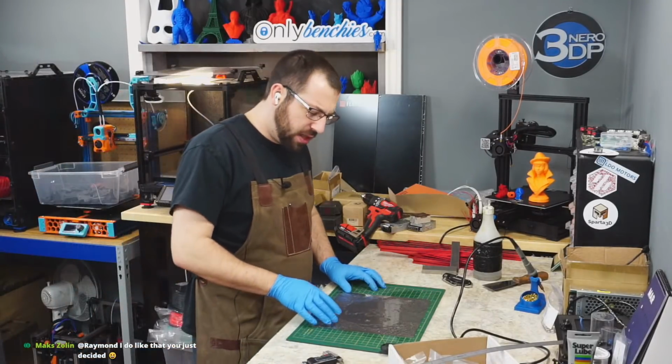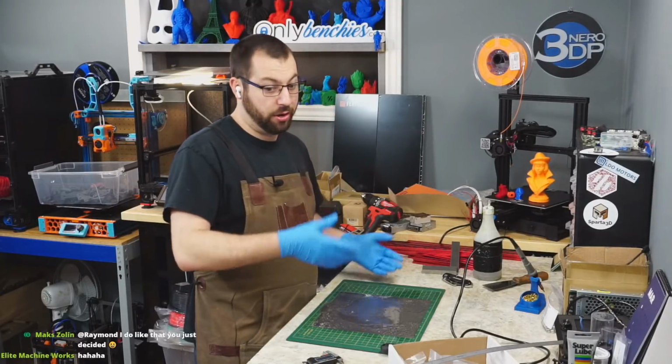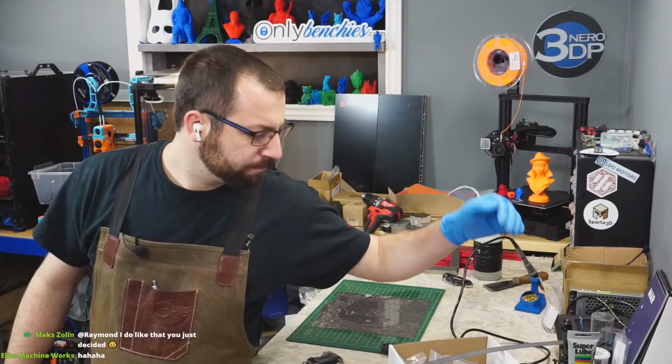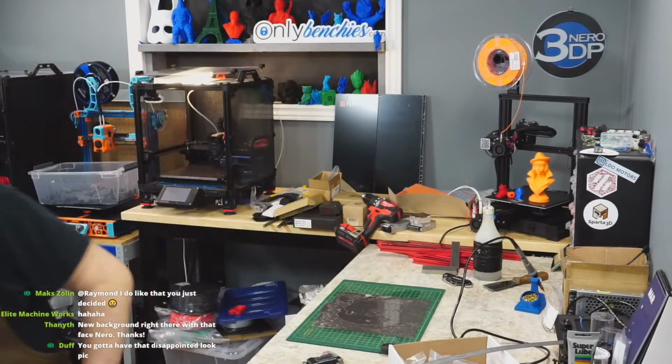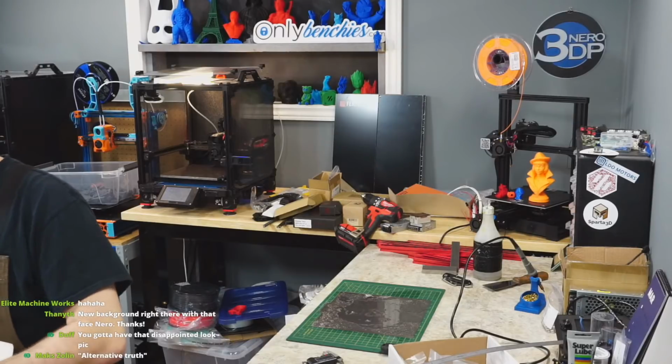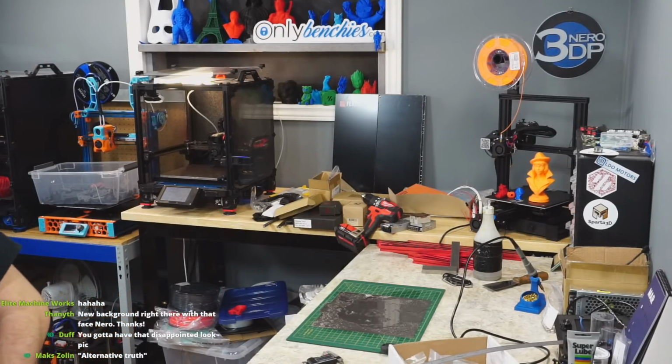Chlorinated brake cleaner. Yeah, that might work too. I don't have any down here. I think I have some in the garage. I don't have paper towels. Yeah, I don't have any Scotch-Brite pads. Normally what I would do is just Scotch-Brite this off, but...